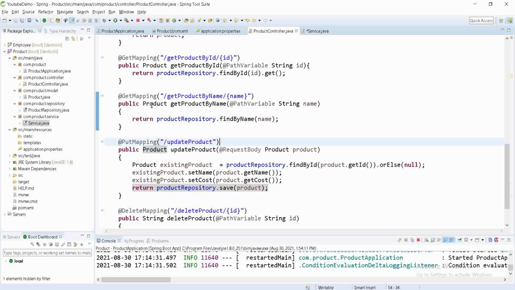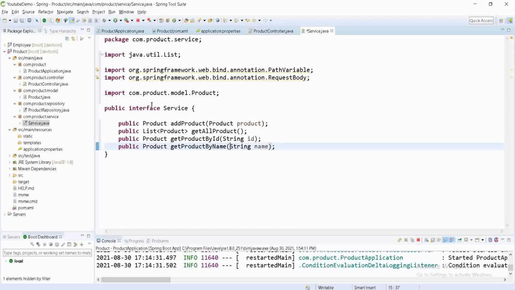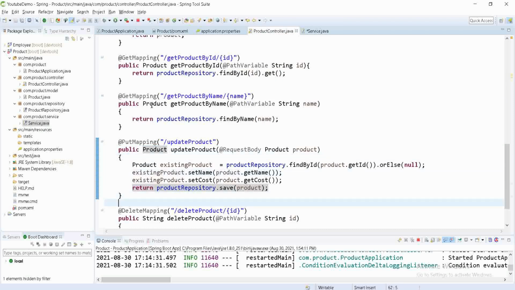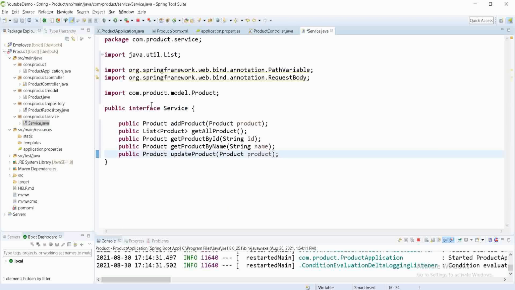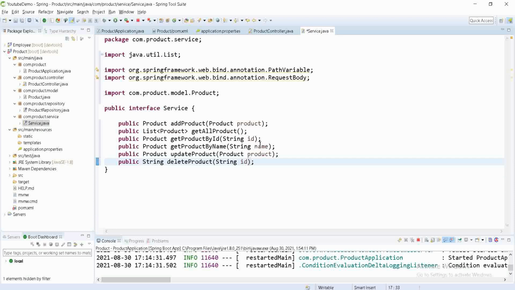Then the next one is update product. Then the next one is delete product. So here we have created the interface and we have put all the definitions into this interface.